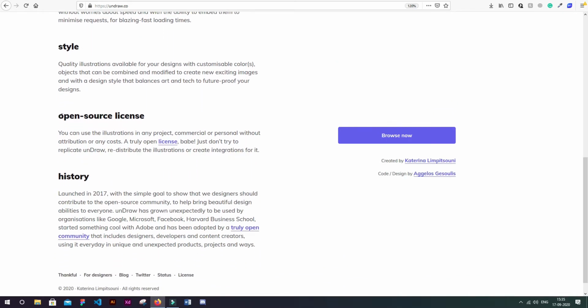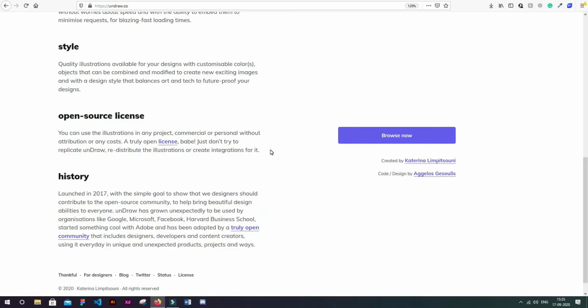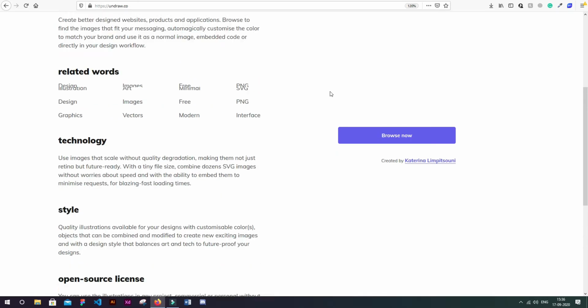And once you come to open source license, what it means is that you can use any images from Undraw. You can download them, you can use them in your blogs, you can use them in your Instagram, you can use them in your projects wherever you want, and you don't need to provide any cost or any attribution. For example, if you download a picture from FreePic, then you have to give an attribution to FreePic that this image is downloaded from FreePic, but it's not the case in Undraw. So let's browse,